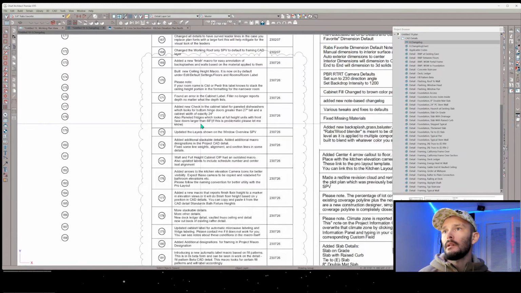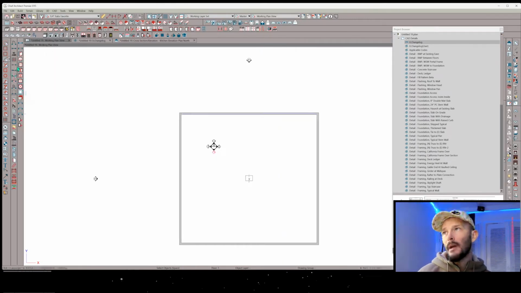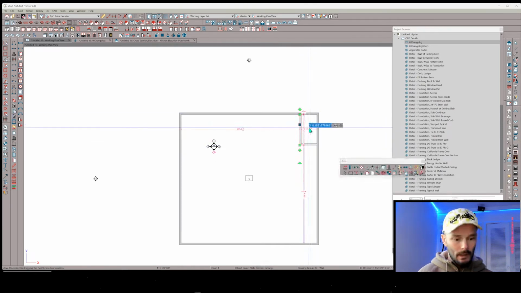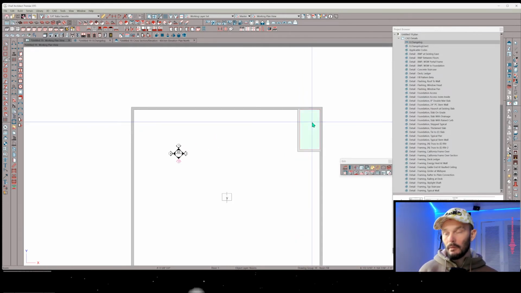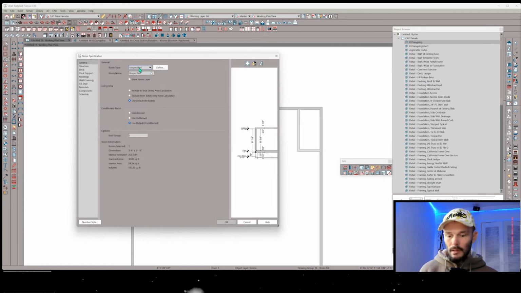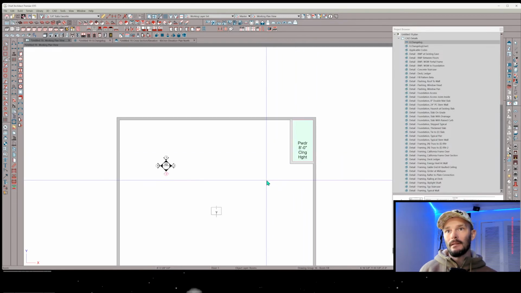Back to the changelog, what else do we got? Built new ceiling height macros. So if you designate something as a powder room or closet where it's a truncated name, so that we've only got, say, 42-inch width something or other here, like a powder room. Let's just, there we go, powder. What it's going to do is add a ceiling height in this labeling convention